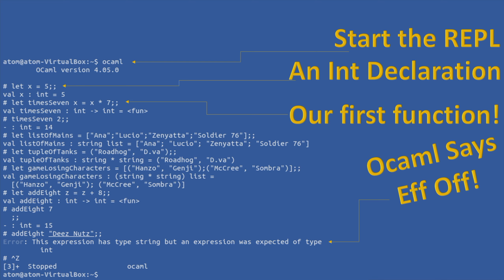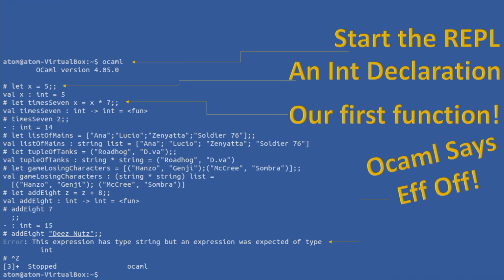So here's what I wanted, and I'm just not going to run. So you can see that happens right there when I pass in these nuts. And unfortunately, there's no failsafe. So it's just going to return an error instead. And that error, as it's seen there, says that it has a type string, but it expected type int. And then at the very end there, we just stop the REPL and finish things off. So that's just a little quick example of some interaction in the REPL and kind of making some very basic